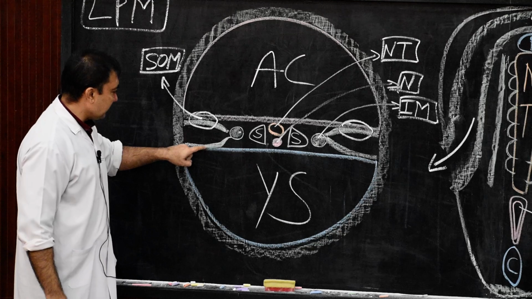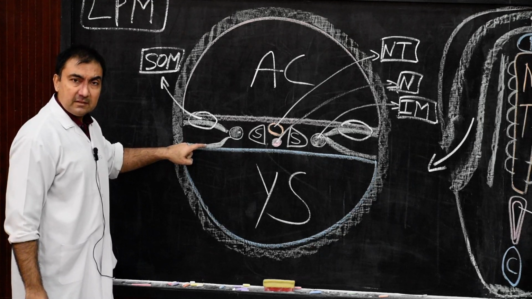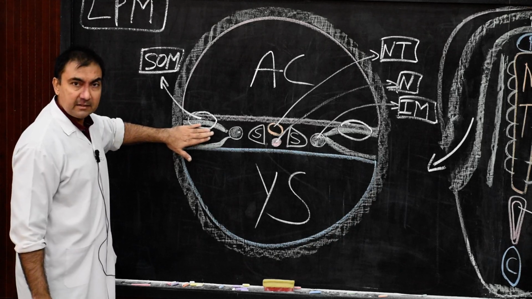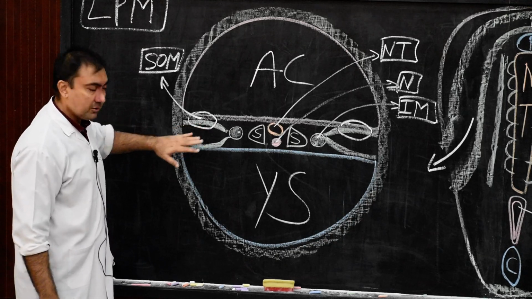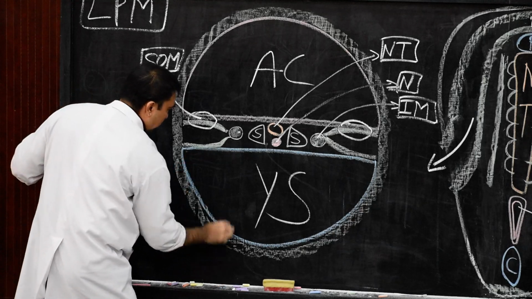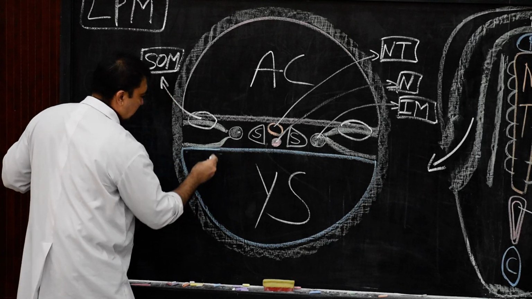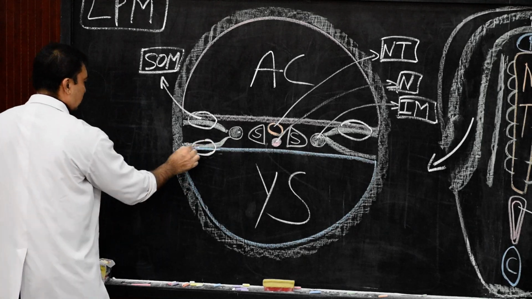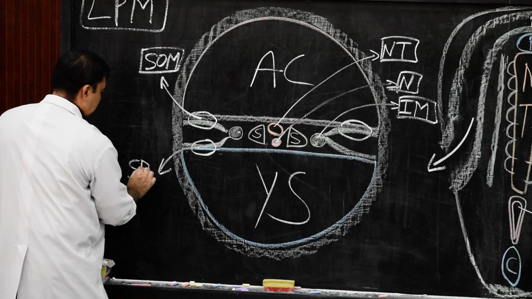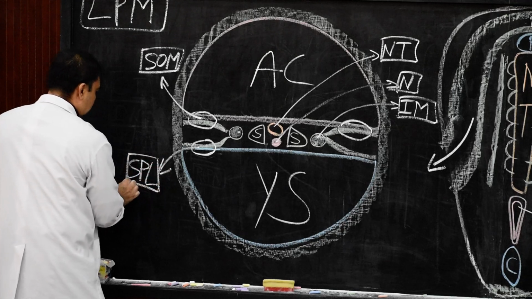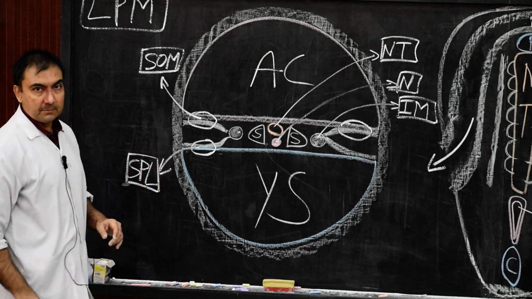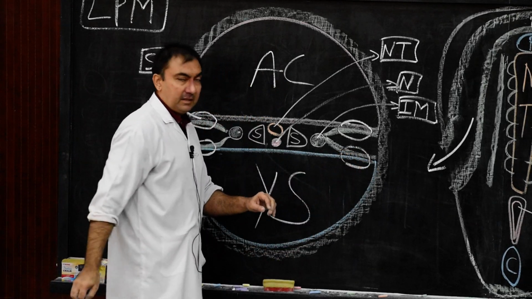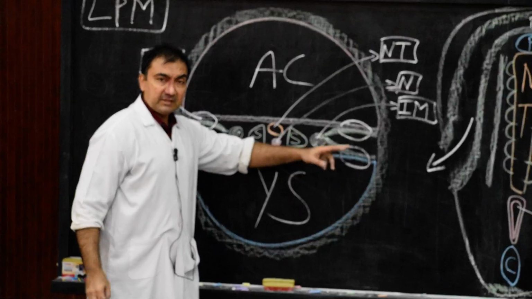And the lower layer of the lateral plate mesoderm, because of the creation of this coelomic cavity, the intraembryonic coelom, which is present along with the endoderm, will be known as splanchnopleure, or the splanchnopleuric layer of intraembryonic mesoderm. So this layer will be known as splanchnopleure, present with the endoderm. So what is somatopleure?